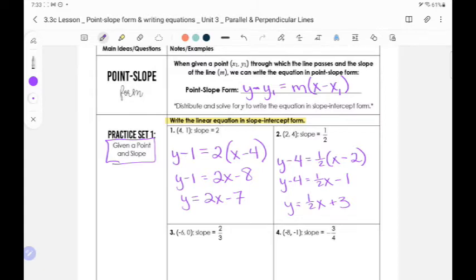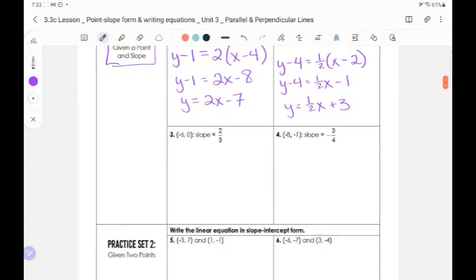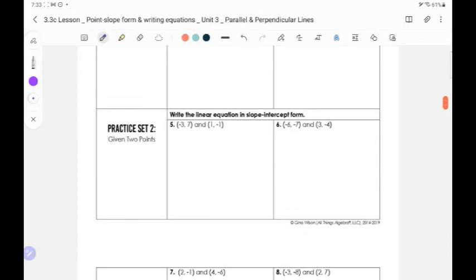I think that you've got the hang of that. So we're going to jump down. You can do 3 and 4 by yourself, and we will go to number 5. The only difference here is that we are given 2 points instead of given the slope. So we need to use the slope formula. If you remember slope formula,